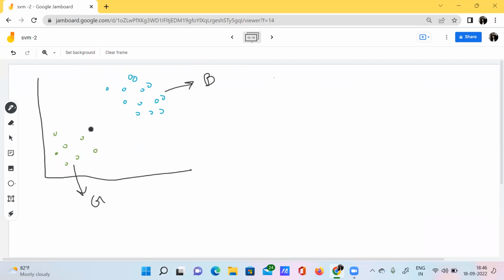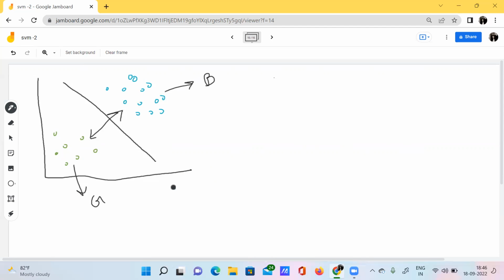This particular gap is itself acting as a natural classifier with which we can divide the two separate classes. These data points belong to blue and these belong to green. With the help of this natural separating hyperplane, we can classify that.